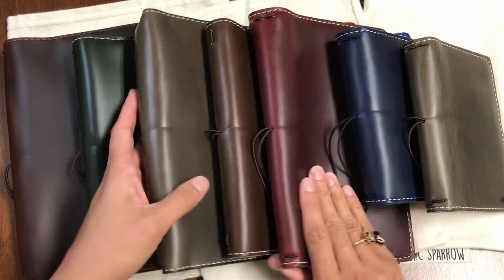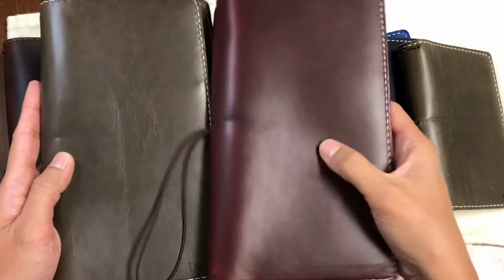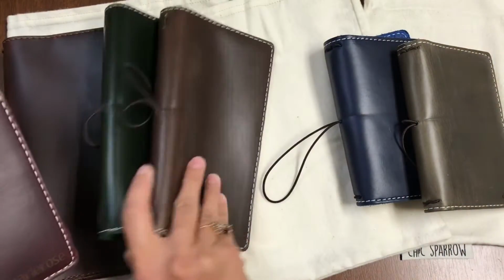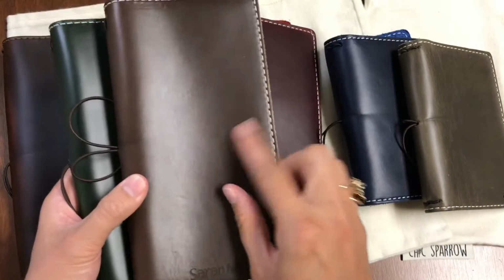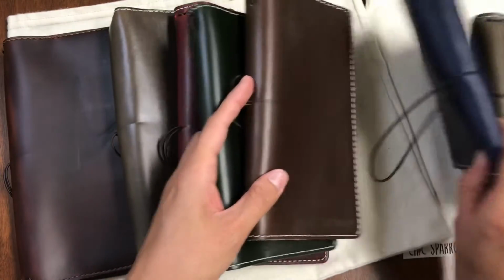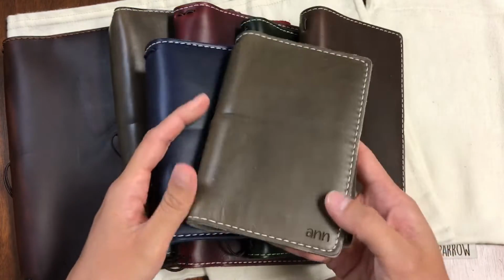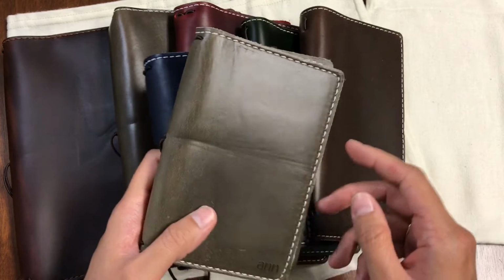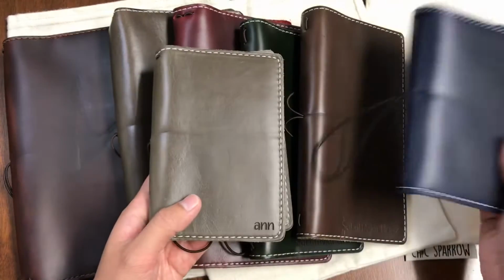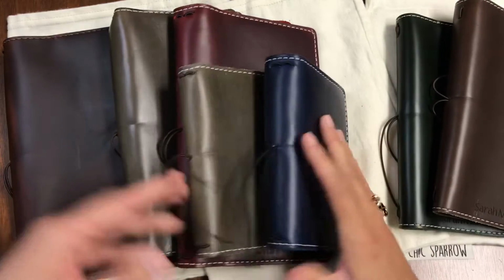So Claire, and then these two narrows are Wine and Browncoat. And then the next two are the weekly calendar covers, so Verona and Highland Green. And then these last two are my pockets, so it's Time Traveler and another Browncoat. Which is funny, I have two brown coats because it's my least favorite color. But the reason I have two is because,